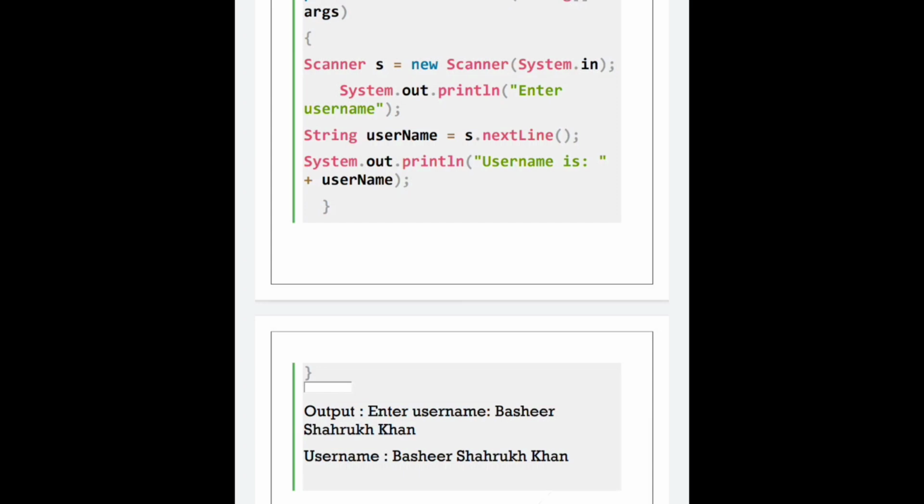That data is stored in that string username variable. After storing it, I am printing out that data, so again I am using System.out.println. Username is, so when you press enter, the output will be Bashir Shah Rukh Khan, which I have given above.